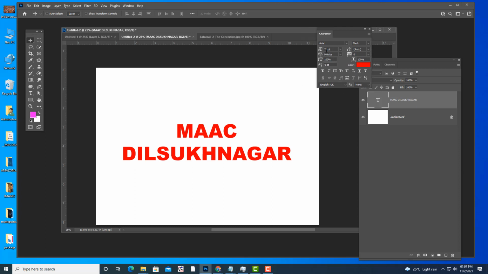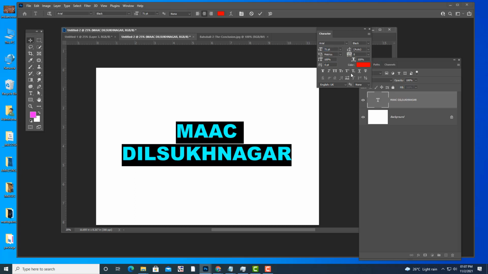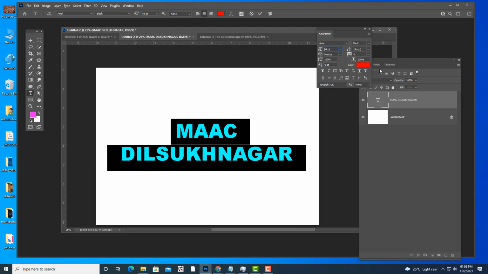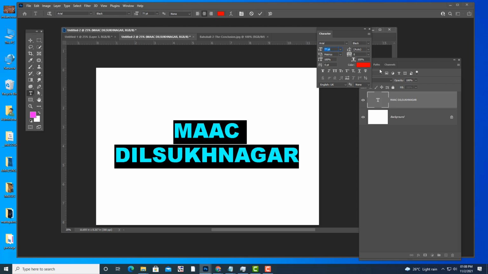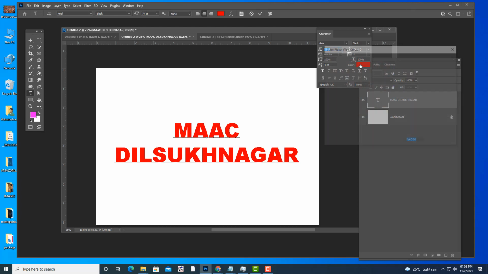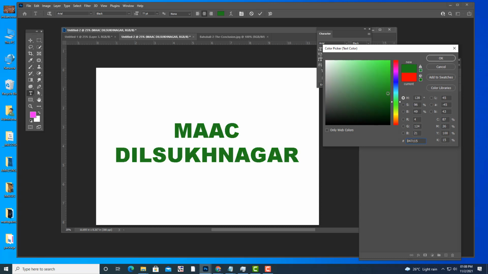How to increase the size of the text, we also know. So all those options are there in this one also, meaning there are so many ways to control the text. So if you want to increase the size of the text, what do you do? Highlight the text first, just put your cursor over there, and with the up arrow and down arrow you can control it like this. Change the color, just click on this color box and change to whatever color you want.